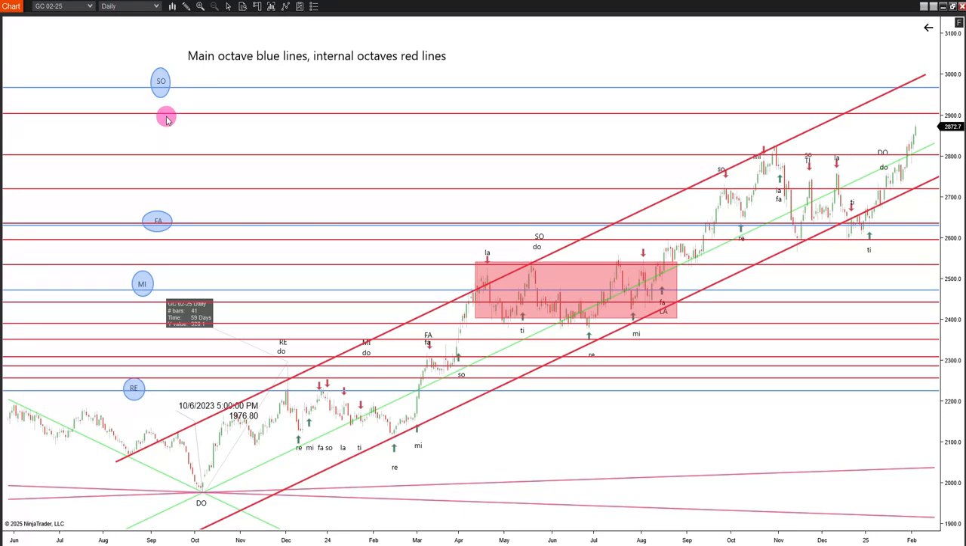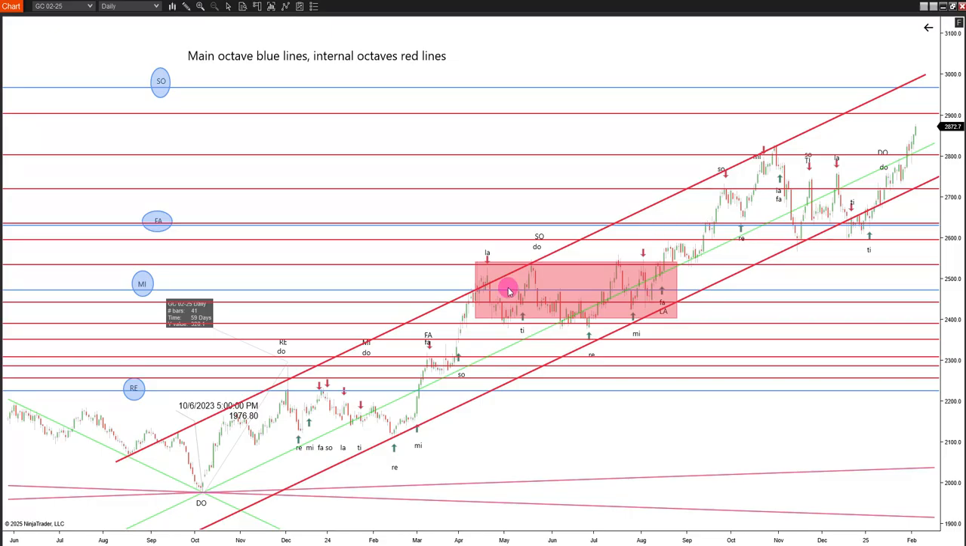Now what I've done is create the internal octave between re and mi, and those are the red horizontal lines coming across here between the re and the mi tone. And then I've done the internal octave between the mi and the so tone, so you can see those red line levels cutting across through the price action. So I left the arrows and the initial time counts that I had on this chart